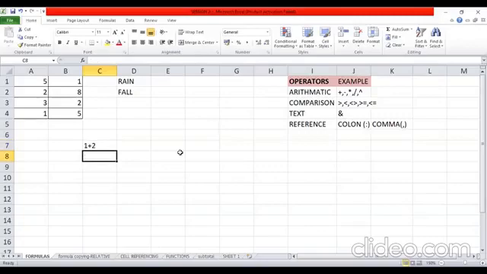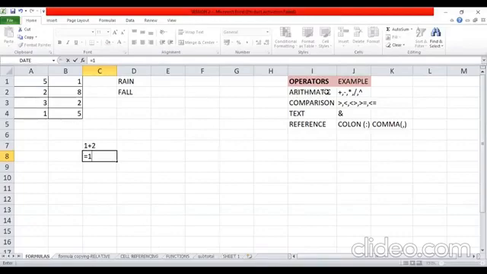Now I want to write a formula. So what will I do? I will insert an equal to sign first. Just click on the cell where you want to type your formula and type equal to. Now type the numbers which you want to work with. So I want to add 1 and 2 again, so I'm just putting 1. Then I'm going to apply an operator on it. I'll show you the demonstration for the mathematical operations first.